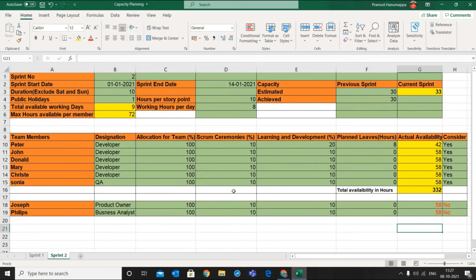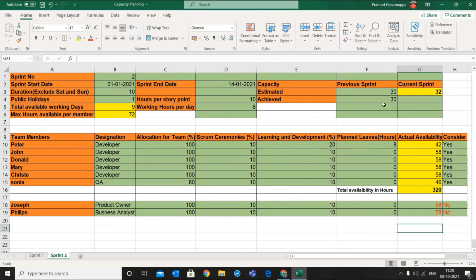Now, let's say for some reason QA is allocated only 80% to the team. So when I change QA's allocation to 80% from 100%, then the actual value of QA will change from 58 to 46. As mentioned, we will not consider the availability of the product owner and the business analyst.